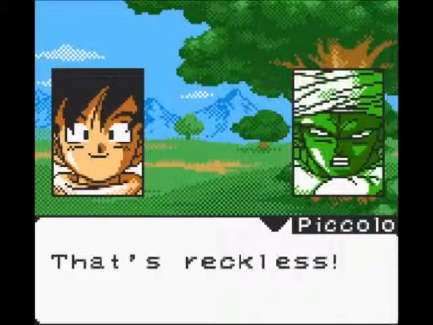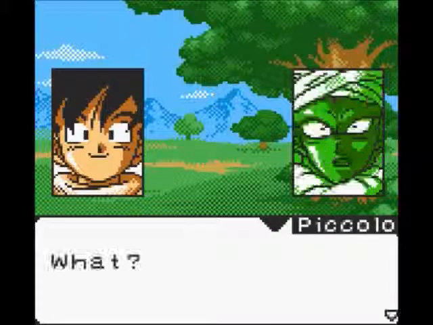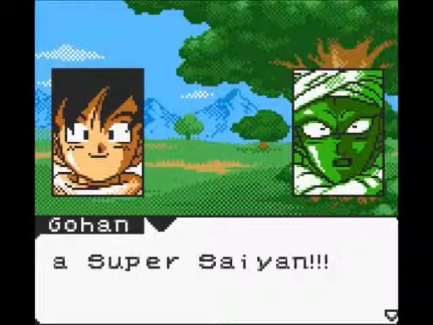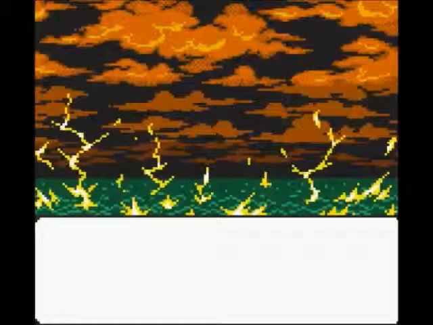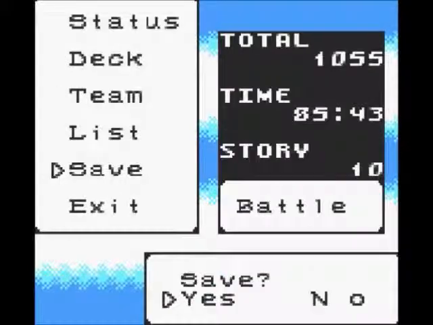And Goku's fighting against Frieza by himself, which annoys Piccolo, because there's no way Goku can beat him alone. But Goku's really stronger. Anyway, here we go. So, we're on to the final battle of this